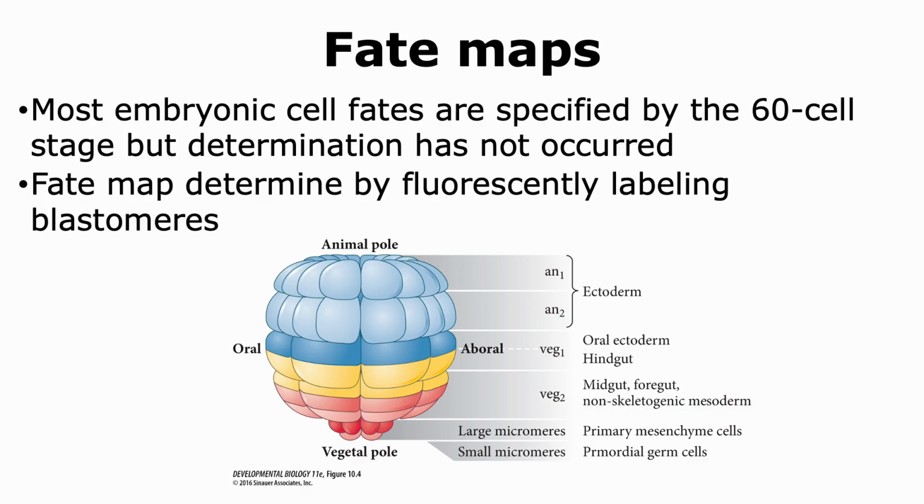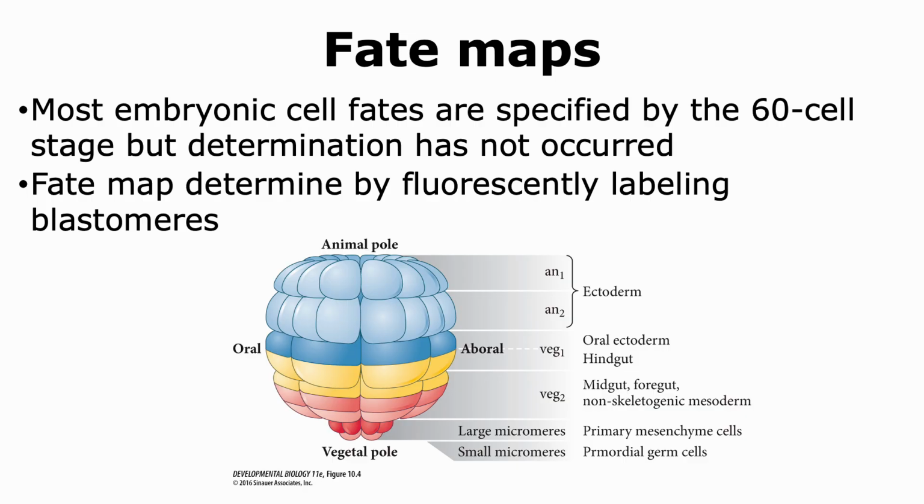Now, fate maps can be determined by injecting a fluorescent label into the blastomeres and observing what happens to them over time. In the case of sea urchins, most embryonic cell fates are specified by the 60 cell stage, but determination has not occurred. Just as a reminder, what this means is that if we take cells in that embryonic state and put those cells in a neutral environment, they will form the structures that they normally would form in